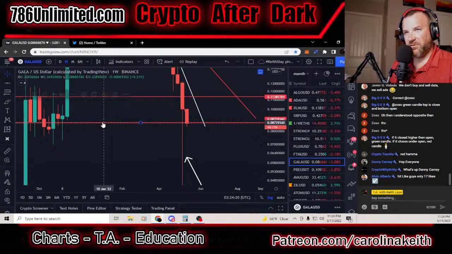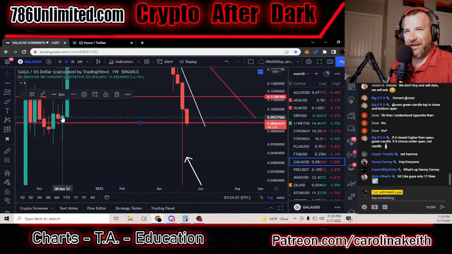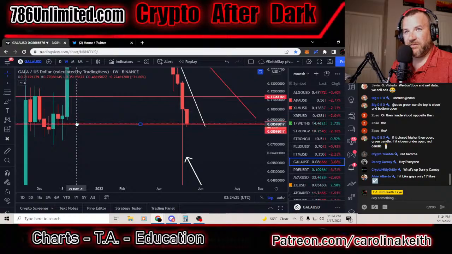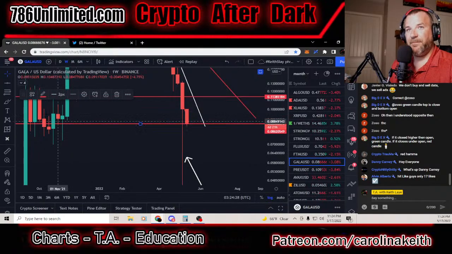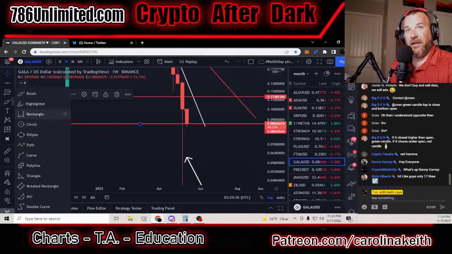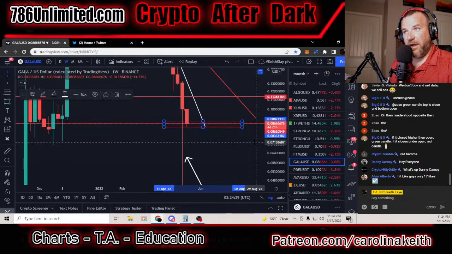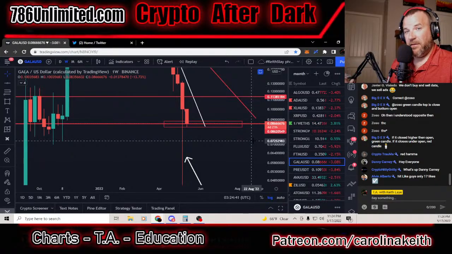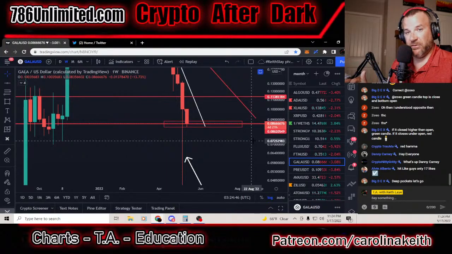You know, you could maybe move this resistance line down a little more, but I kind of like that area. I think that's really darn close to the right spot. You could go down to daily and find more lines, but I think that's a roundabout zone here. So long as we stay in this area for Gala, right here, we're okay. Anything under this closing and a new candle pushing farther is not good news. It could go much farther based on that. So let's see if it can hold this zone. This zone becomes the most crucial zone for Gala.